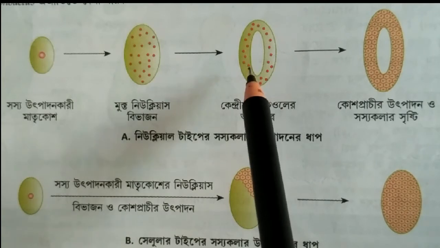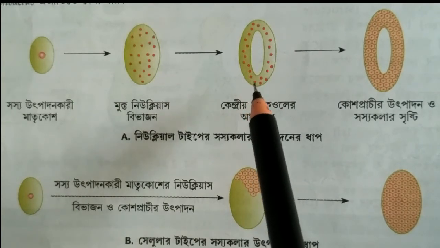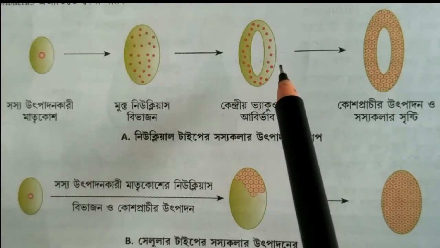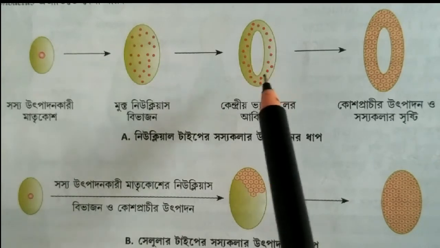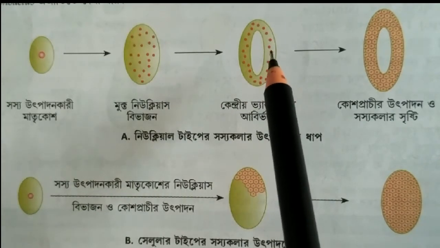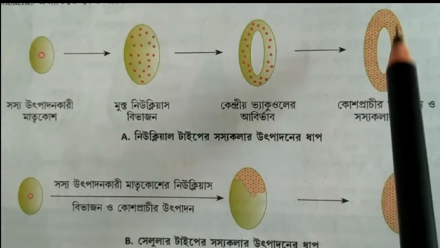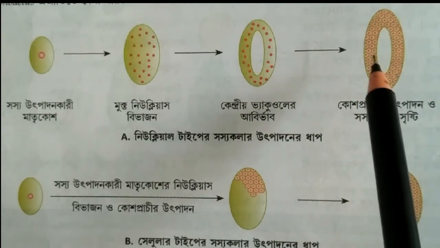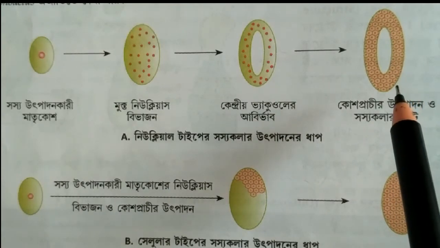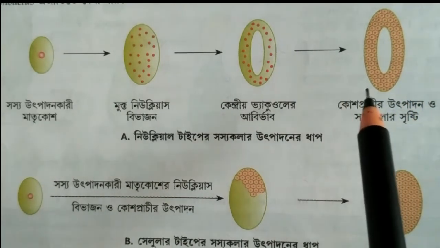See, the nuclei are not separated by a wall. After formation of nuclei, they are covered with a wall and proper cells are formed. This is the nuclear